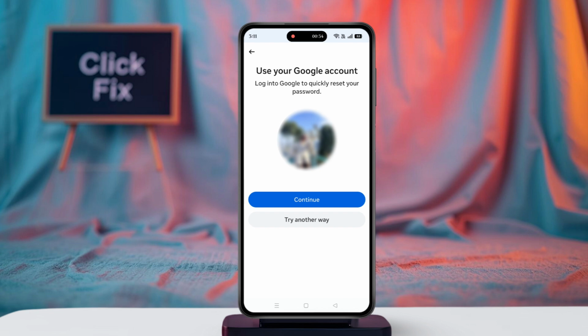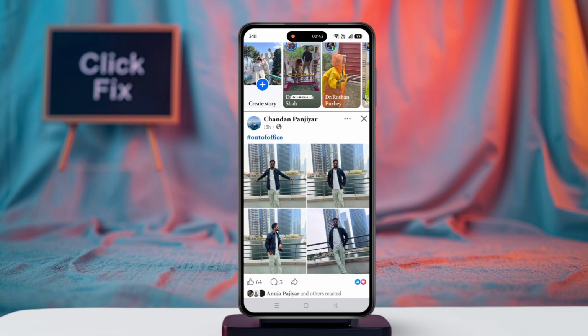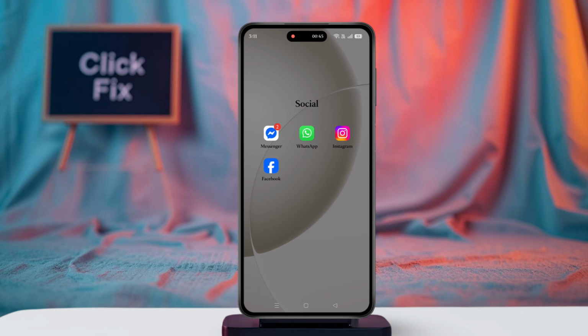Facebook may ask you to provide a new email address where they can contact you. Enter an active email address that you can access. Next, follow the instructions shown on your screen. Facebook may ask you to confirm your identity through available verification methods, such as recognizing account details or submitting additional